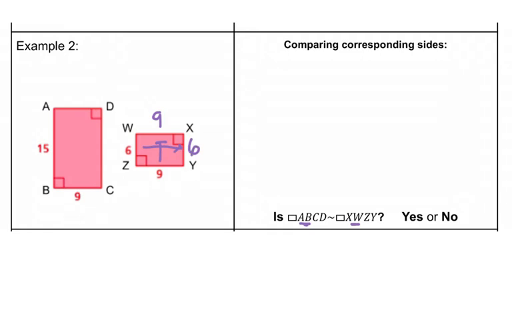So this is 9, this is 15. So I'm going to take side AB, which is 15, divided by side XW, which is 9. And I want to see, does that equal,